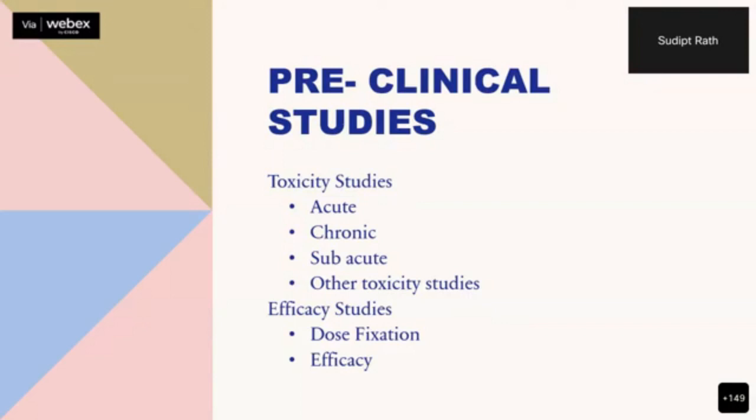So dose fixation studies, what they do in animals, we also need to do in animals. Because we are now trying to deviate in one way or other from the Ayurvedic principle of individualized dose fixation. We are going with a generalized dose fixation, that every person that comes before us, we are giving say 5 to 10 ml of syrup, or 20 to 40 ml of a kwath, then 3 to 6 grams of powder. We are going with a generalized dose regimen, but we have no backend information,